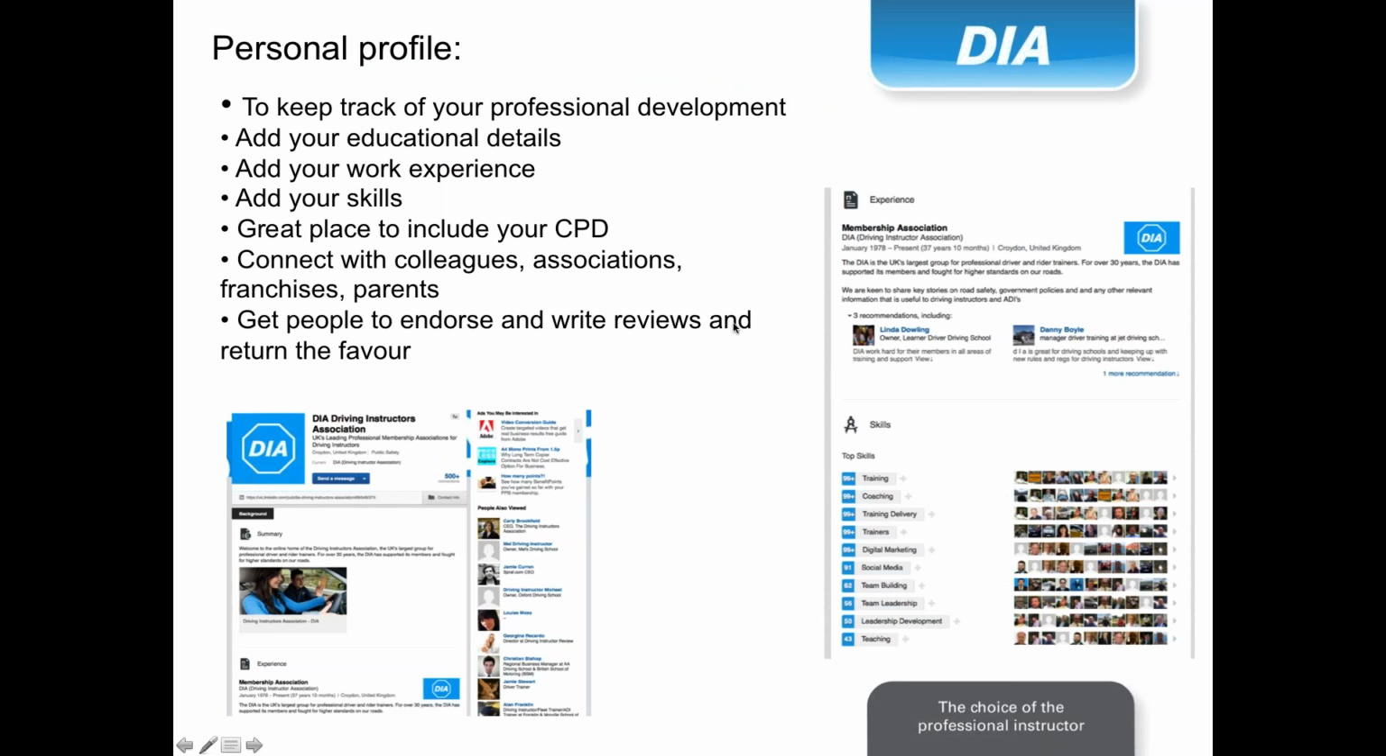Now, the difference between the business page and the personal profile is that the personal profile is solely focused on you, the individual. So it'd be Amy Turner or Joe Soap or John Smith. It's you as a person, and I kind of term it your online CV. And lots of people, when they're looking to employ people, the first place they go is LinkedIn to check you out, have a look at your experience, have a look at your skills, have a look at who's recommended you, etc., etc. So it essentially keeps track of your professional development,